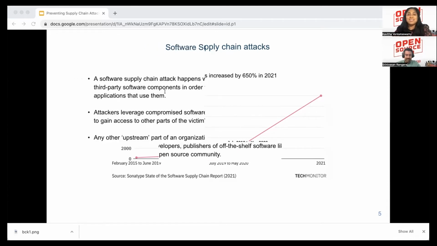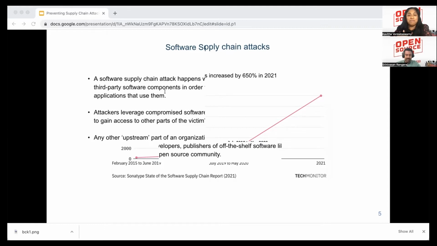So what is supply chain? Traditionally, supply chain is, you needed to deliver a product, including all the components that you use. For example, if you buy a chocolate at the store, the list of ingredients, packaging, anything that can affect the delivery of the product. Swapping from chocolate to the code base, a software supply chain is anything that goes into your code from the development to the CI/CD pipeline until it gets deployed into production.